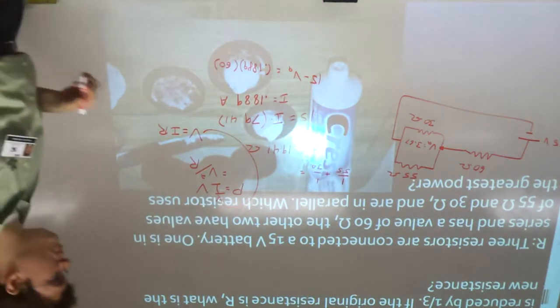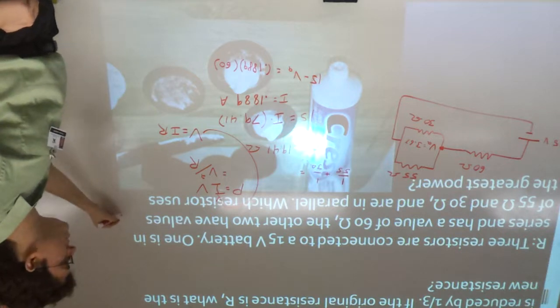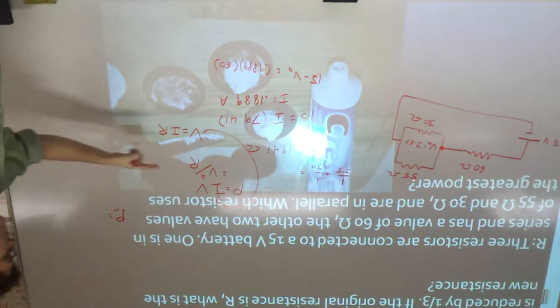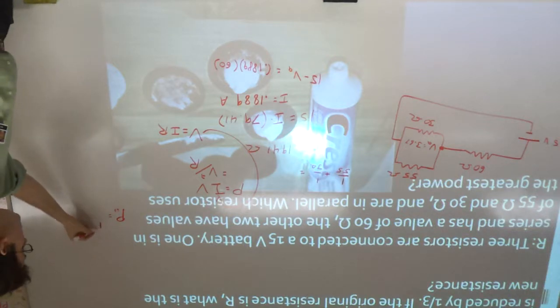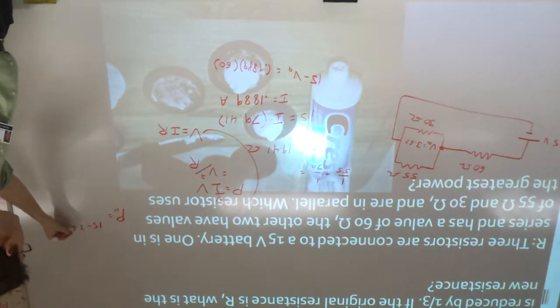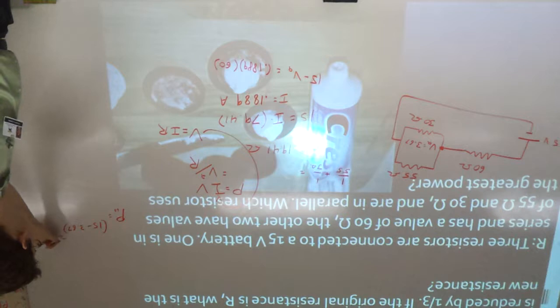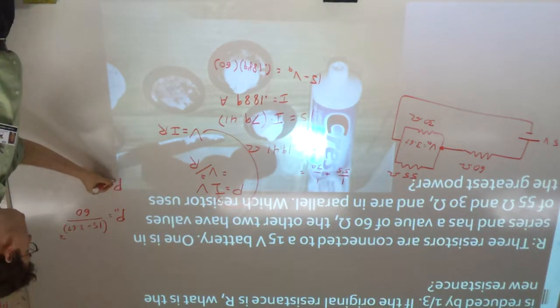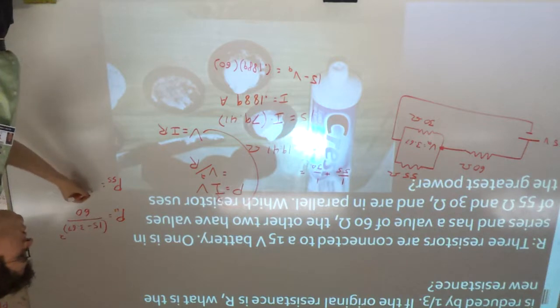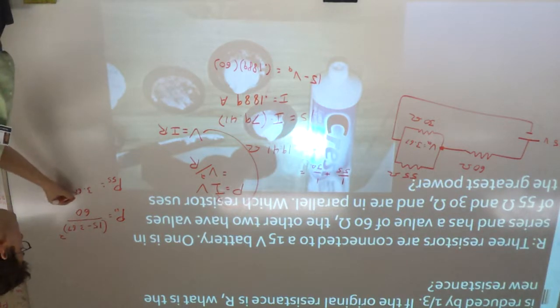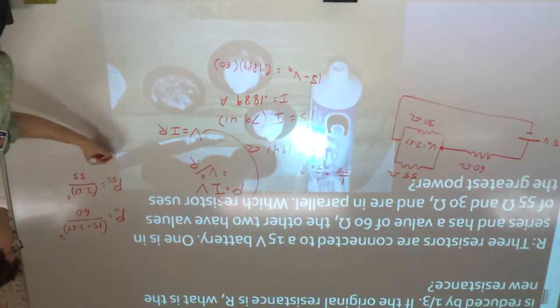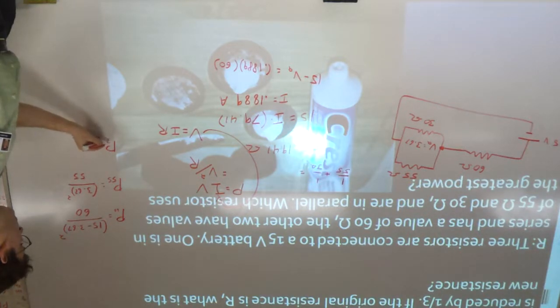Okay, so let's compute these for each of them. Power of the 60 is going to be V squared, which is 15 minus 3.67 squared over 60. Power of the 55 guy is going to be 3.67 squared over 55, and then power of the